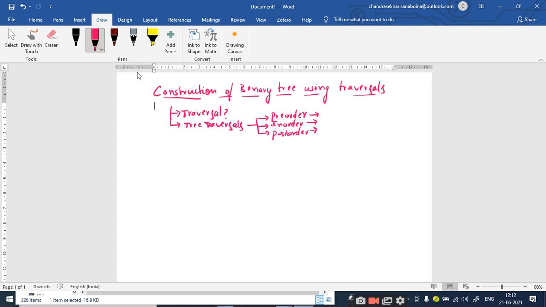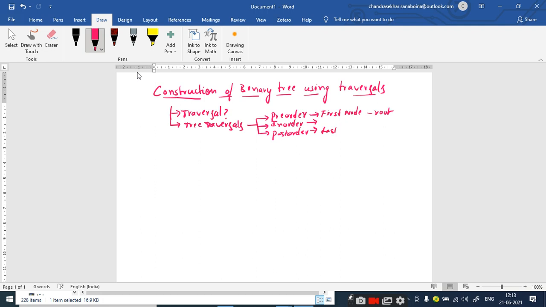And one more question. Where is the root node located in the pre-order traversal? The first element, sir. Starting, sir. So the first node will be the root node, right? What about the post-order traversal, where we can find the root node? Last, sir.